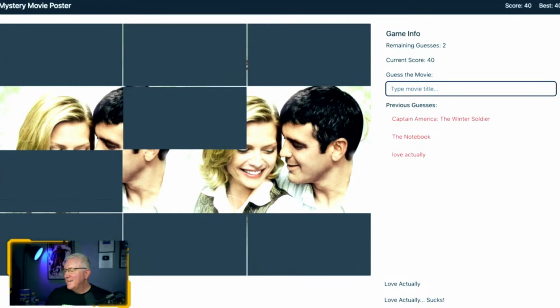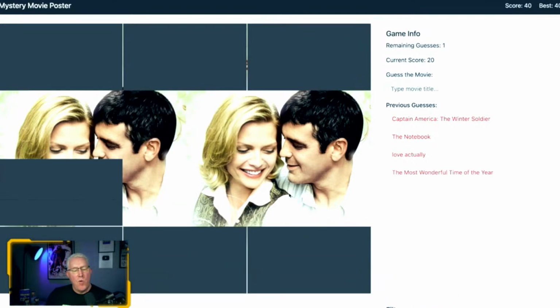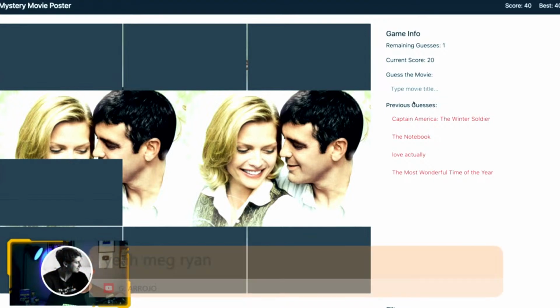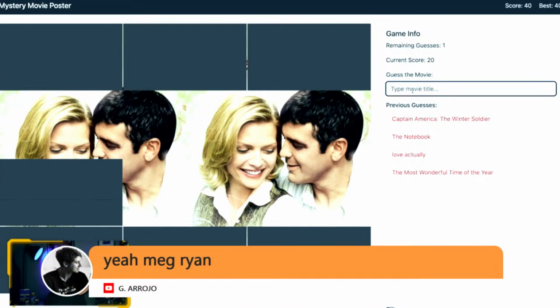Just get it wrong and let's just play again. Let's see here. I don't know. I don't know either. We need part of the title so we can reveal one of those squares. Most wonderful time of the year. Oh, and of course. It's not doing very well at randomness here, is it? It's definitely repeated the cover. Yeah, I was way off. One Fine Day.